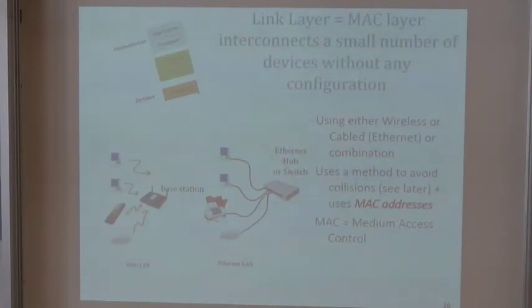Local networks are the things that we discuss here. A local network is what you obtain when you connect several devices with what is called today a hub or an Ethernet switch. It's a small device that you can buy at Migros. It's a box that has a power supply, and it has plugs, sockets, where you can put your jacks into it, and with Ethernet cable you can connect everything. That's the wired version. The wireless version is called a Wi-Fi base station, which is mentally the same thing, even though the physics is very different, but mentally it is the same. You can connect many devices together. It's called a local area network.